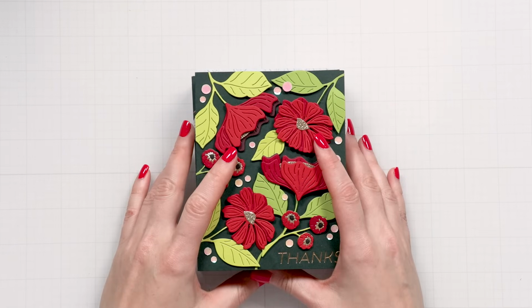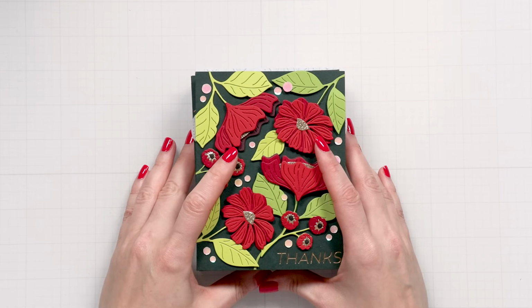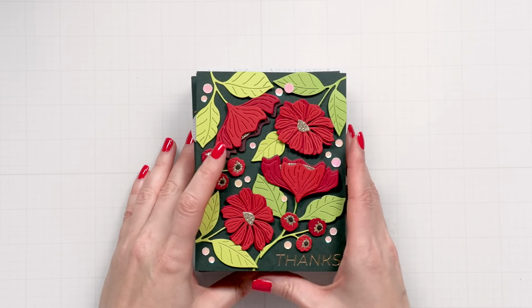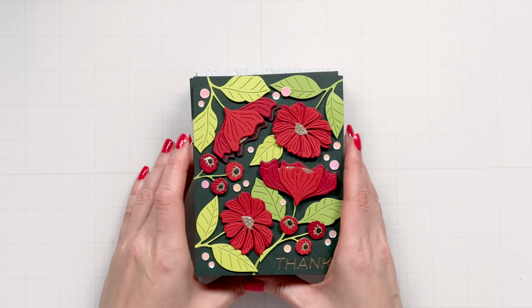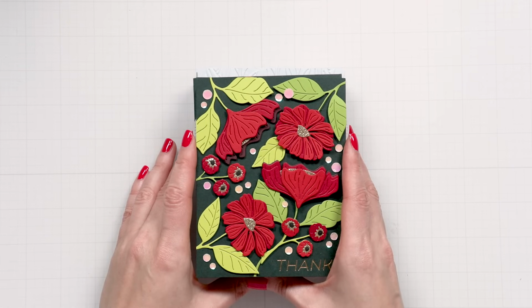I'm finally back in my craft room after 2 months of extensive travel, and I have missed this happy place. As much as I love to travel, I also love to stay home and just bundle up in my craft room and make some pretty projects. I'm making a couple of cards and working on a video for you guys with some Spellbinders new products, so